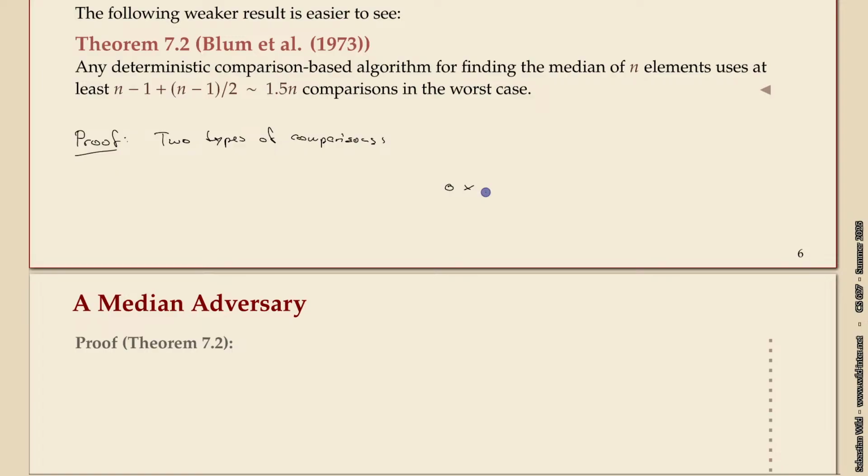It's a bit like the typical argument in this direction. An adversary argument would be to find the minimum of n elements, you have to look at every element. Otherwise, if there's an element that you haven't even looked at, that you have not compared with anything else, then the adversary could make this much bigger or much smaller than the other elements, depending on what you claim the minimum is, and it will fool you. It will make your claim wrong. In the same way, you have to show that there's comparisons